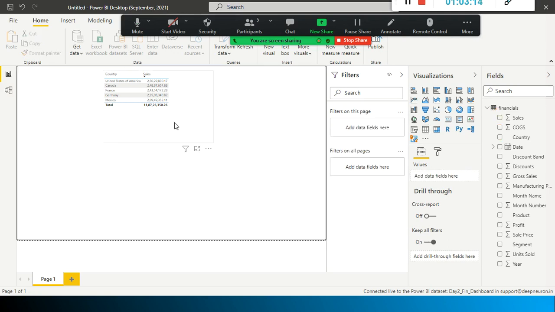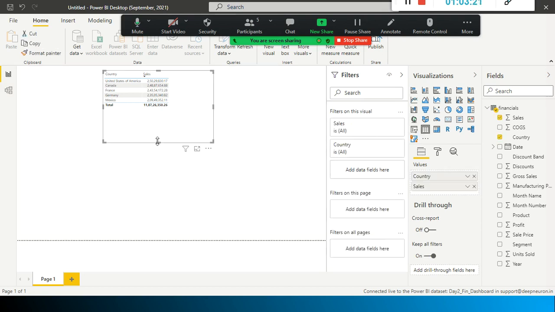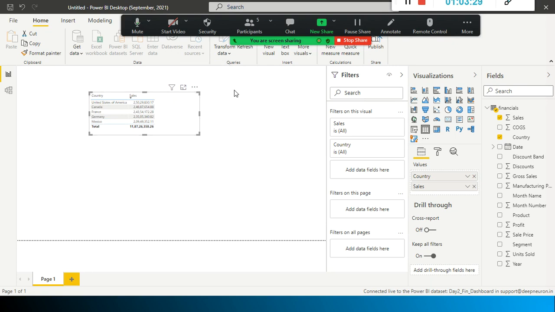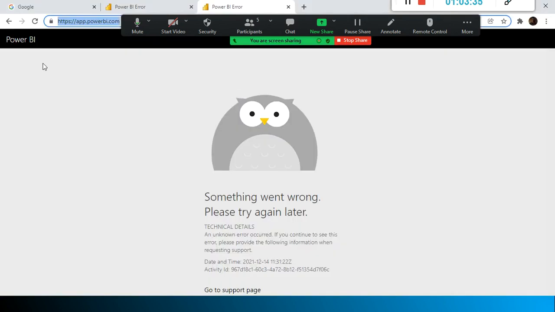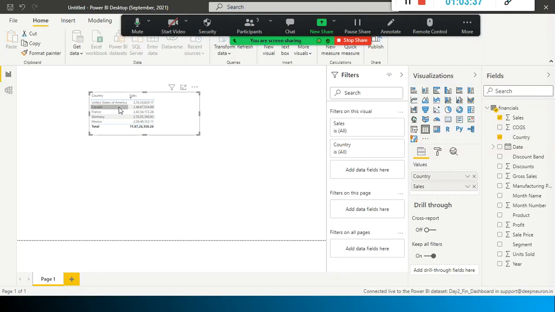Fine. Anyhow, we will continue tomorrow. I thought of continuing till 5:30 today, but because of some other office commitment, I'll have to get into an office call. In the next session, in the meanwhile, I'll go and check why app.powerbi was down for me. If that one is available, I will show you in the next session. Even this afternoon I was accessing it. I don't know why it is not available now.